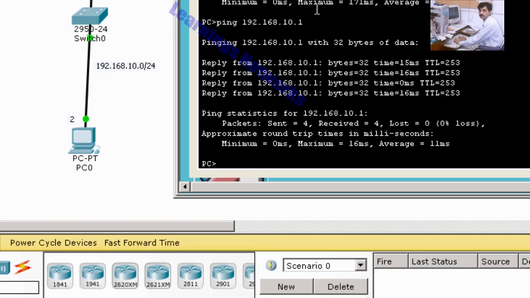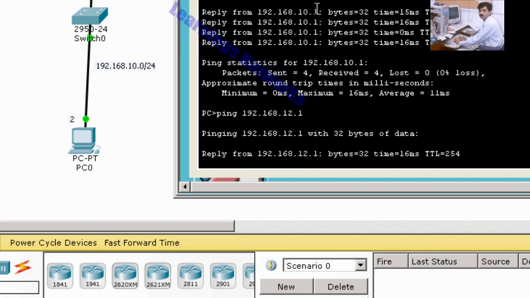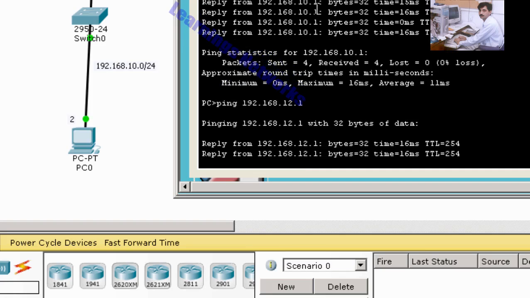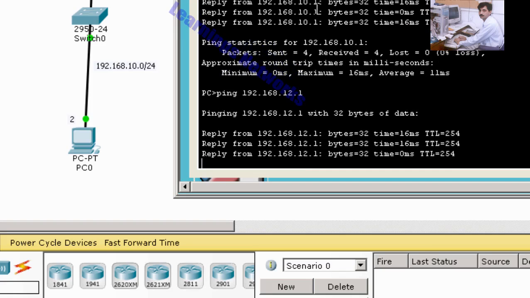We check the R2 inside network 192.168.12.1. Okay, everything is looking fine.